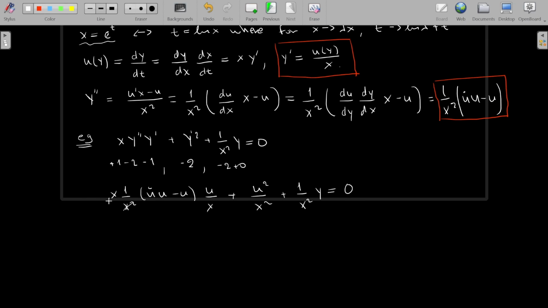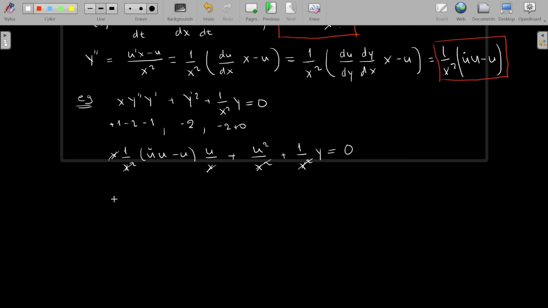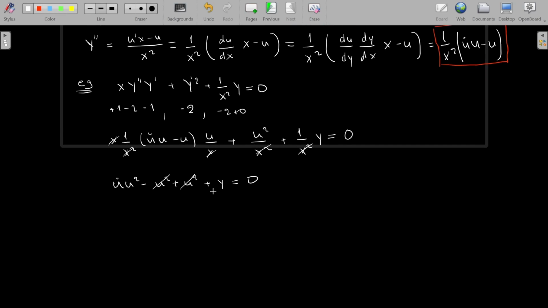So every x goes away, and you have u dot u squared minus u squared plus u squared plus y is equal to 0. This and this goes away, and what you're left with is just a separable first order equation, right? Because this is du dy, as we said, and is equal to minus y over u squared,